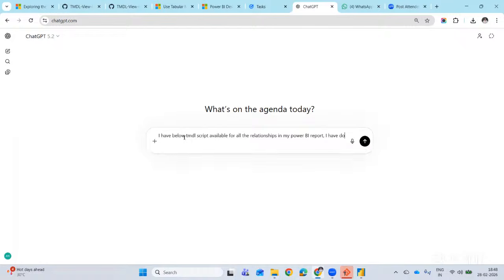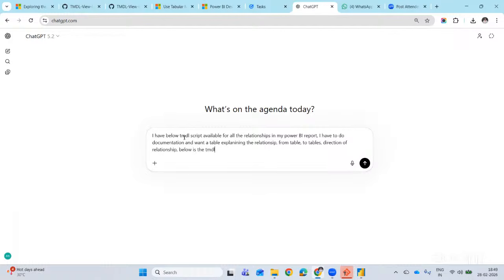I have to do documentation and want a table explaining the relationship: from table, then to which table it is created, and then the direction of the relationship. So let's say these are a few things I want. Below is the TMDL script. I will just paste it here,